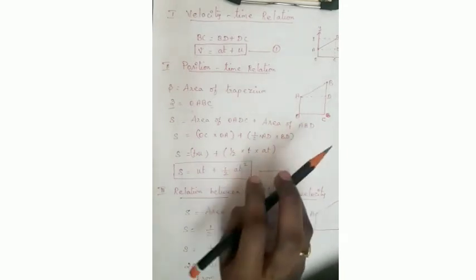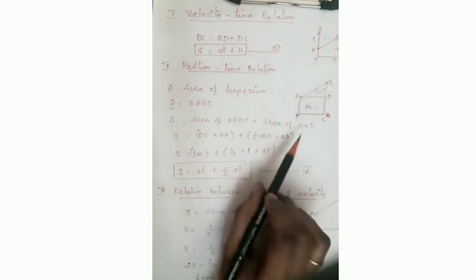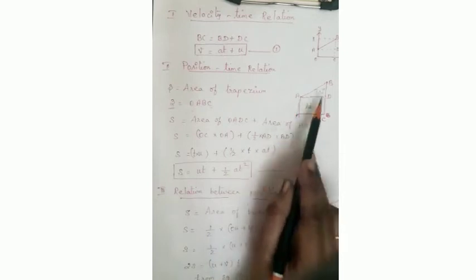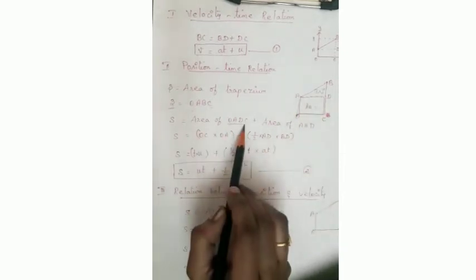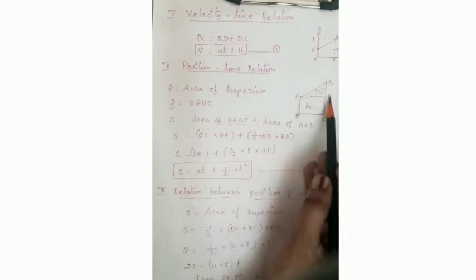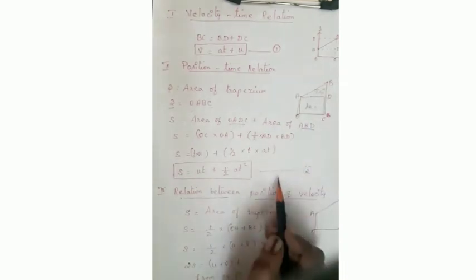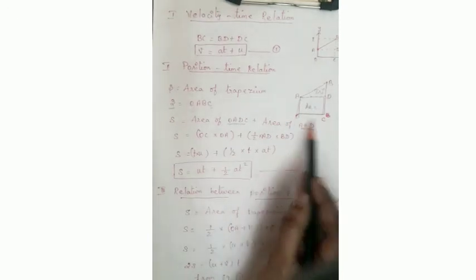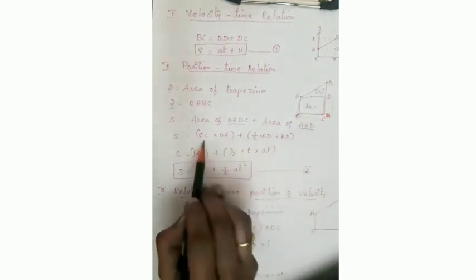But I am going to calculate the area of the trapezium by using two shapes. What is this? This is a rectangle, right? This one is a triangle. We know the rectangle and triangle formulas to find the area. So the area of the rectangle is OADC, and the area of the triangle is ABD. What is the rectangle formula? Length into breadth, am I correct? OC into OA.